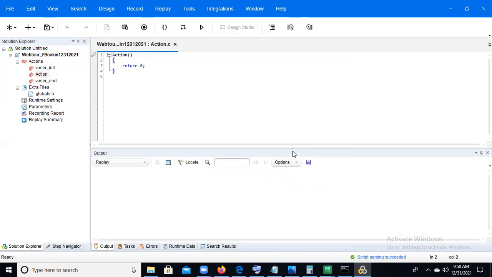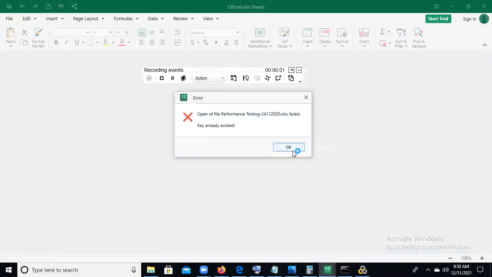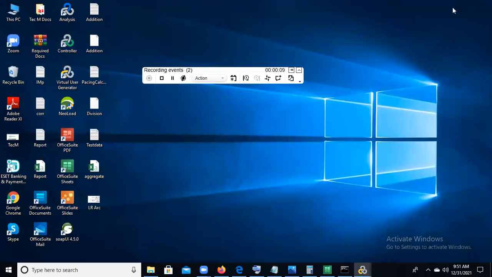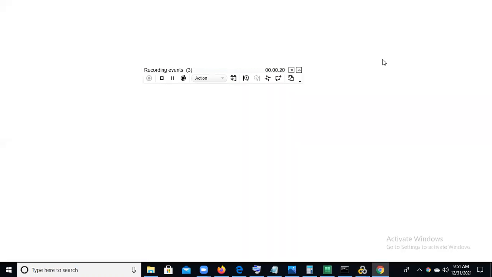So it directly invokes Google Chrome. See, it is invoked directly in Google Chrome.